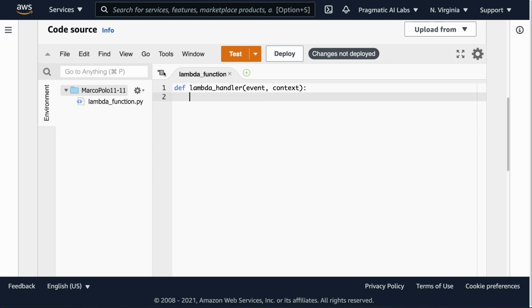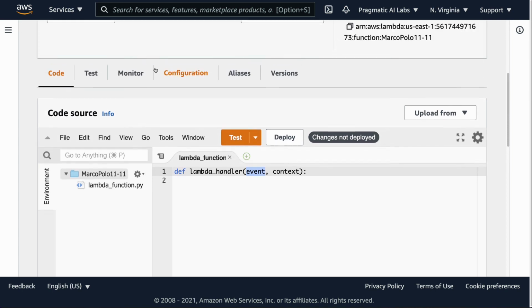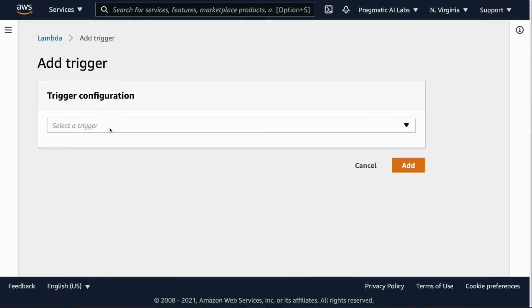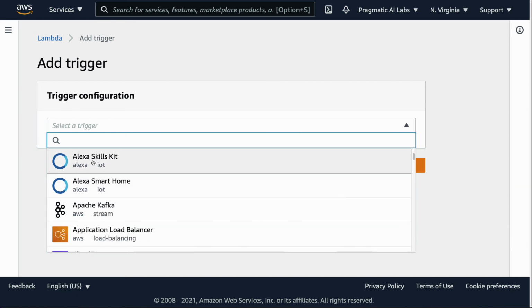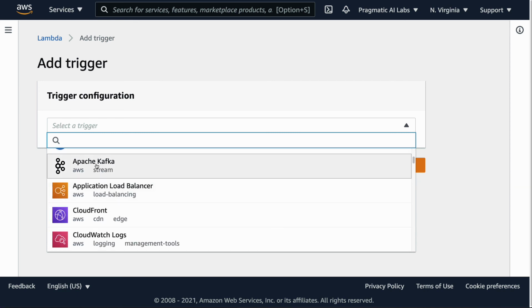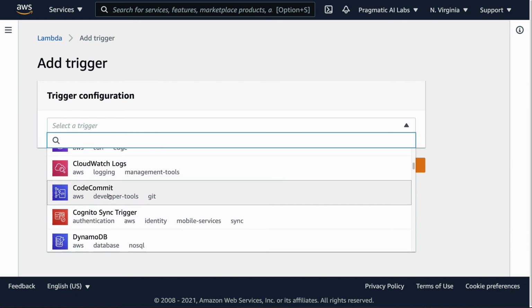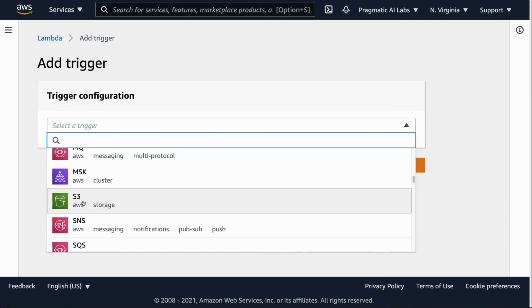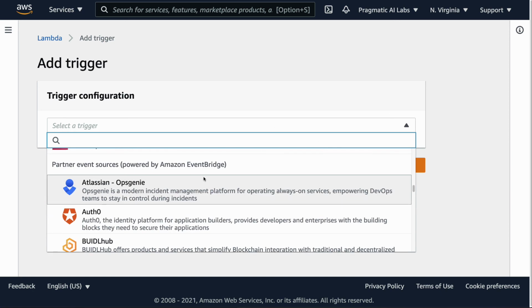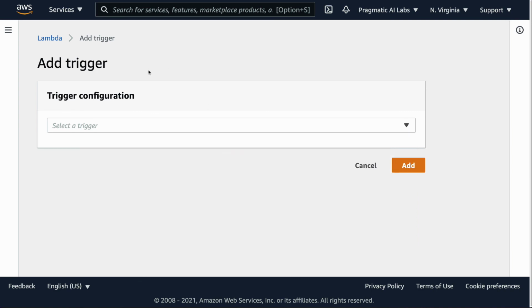Every event in a Lambda could be something different. So if I go through here and I set a trigger, notice all the things you can do. I can do web services, I can do IoT, I can do voice commands, I can do streaming systems, logs. I can actually listen to the storage. I could have images come through and get put into a bucket and then process them. All this stuff is stuff that I can do inside with a Lambda. And again, this is just the event itself signature.